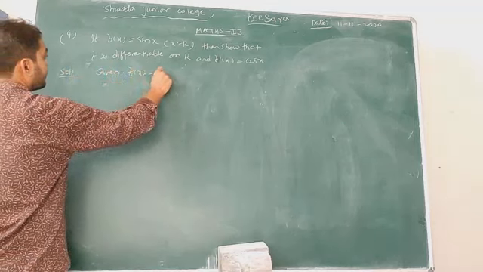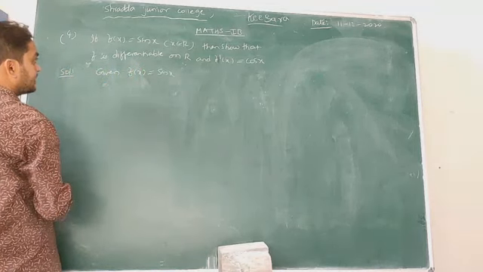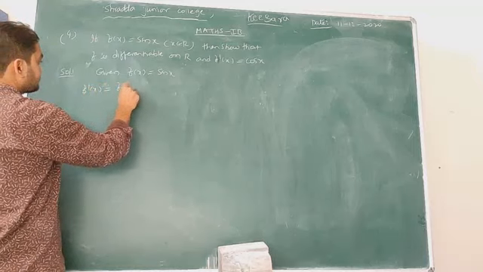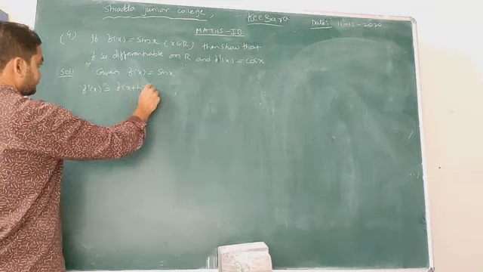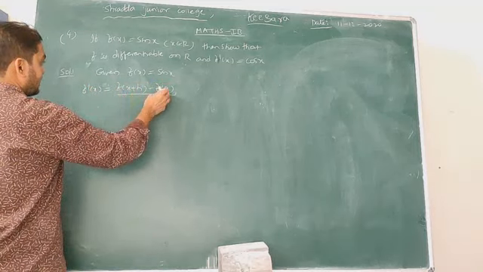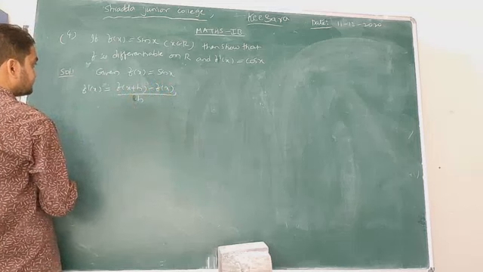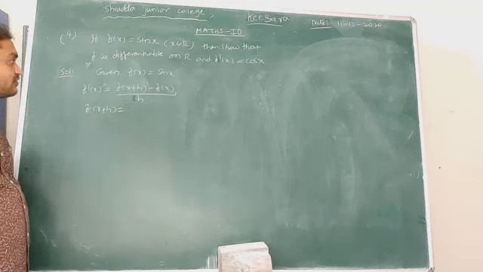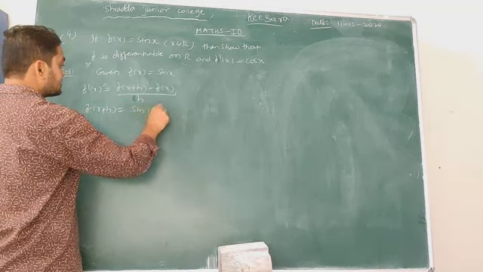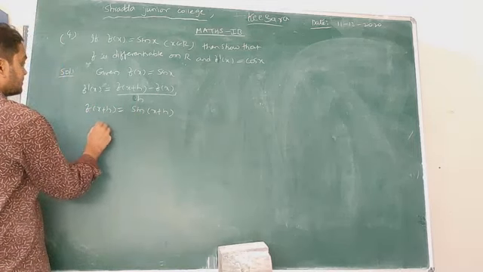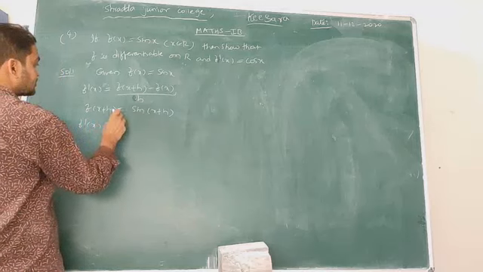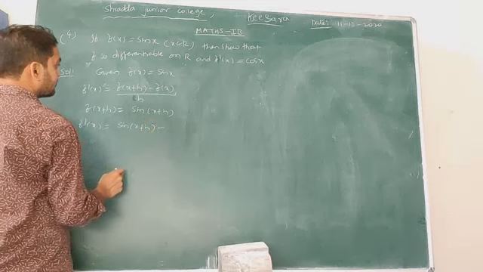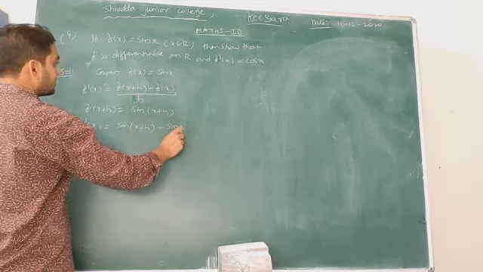What is given here? f of x equals sin x. What is the formula? That is f dash of x equals limit h tends to 0 of f of x plus h minus f of x by h. Now we have to find f of x plus h here. That is sin of x plus h. Now f dash of x equals sin of x plus h minus sin x